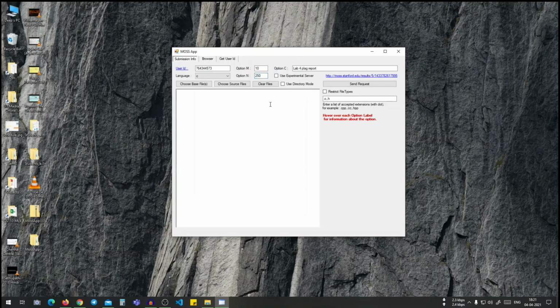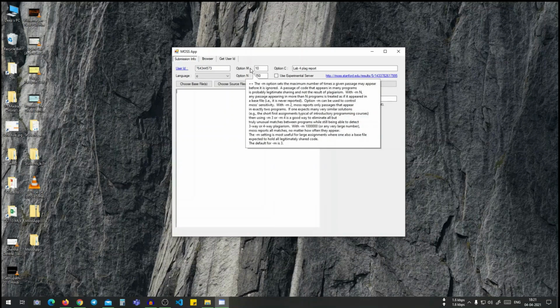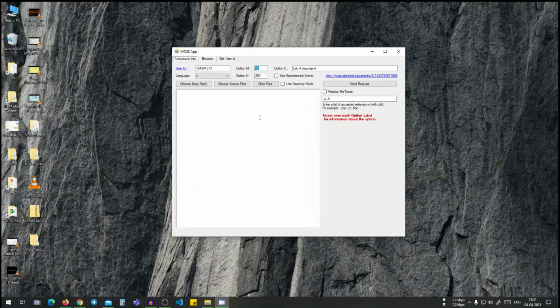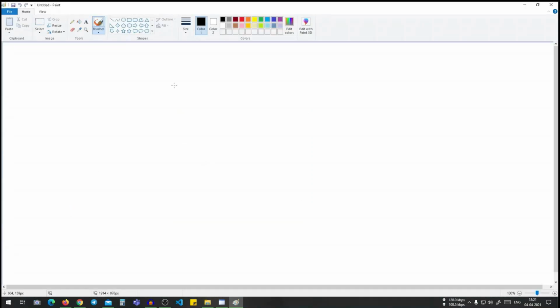The most important option is option M. I like to set it as 10. I'm explaining to you what option M is. Let me open Paint. Option M equal to 3 means that if a line is matching with greater than or equal to 3 students, then it will not be considered as flag.